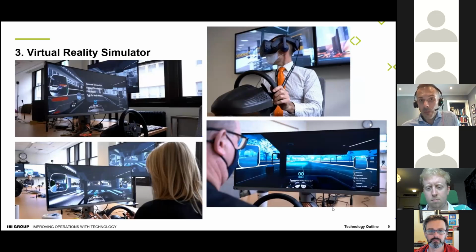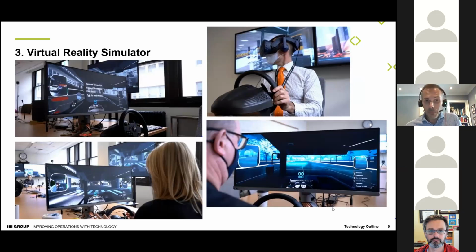And that is like a real virtual reality environment where you strap the goggles on, you turn your head right, left, up, down, and you can actually see everything that's around you in the space. You can look towards your mirrors, you can look at a marshal helping you back up. And the big screens in the background would be where our safety and training instructors or supervisors would actually be